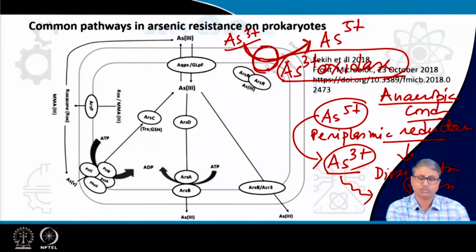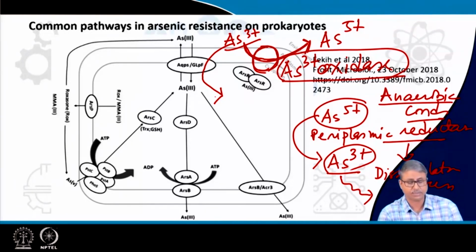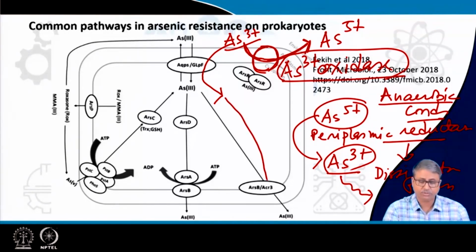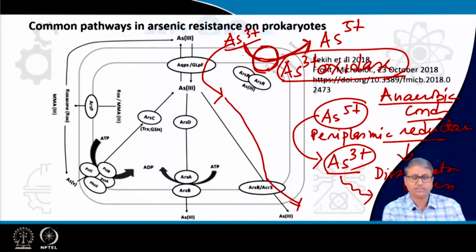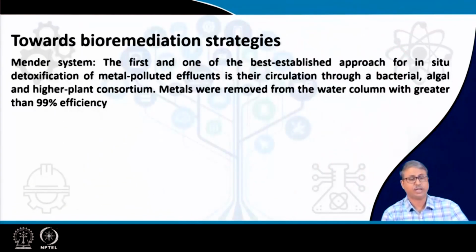because arsenic 3 is very toxic, and if you do not oxidize it to arsenic 5, then it will enter through the aquaporin and come inside the cell, and then within the cell it will execute toxicity, because arsenite will interfere with the cellular sensitive macromolecules. Otherwise, you have to use some efflux pump to throw it out. So, some bacteria adopt this mechanism that allows it to come in and then efflux it. Otherwise, some bacteria prefer to oxidize it to AS5 plus. So, these are found to be very interesting mechanisms which allow cellular homeostasis in terms of arsenic.